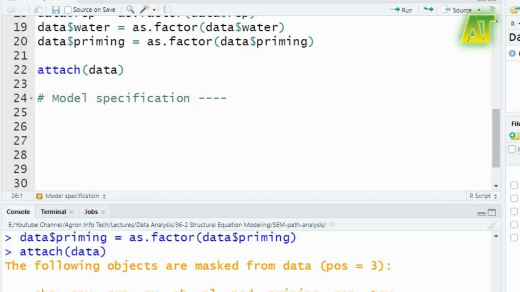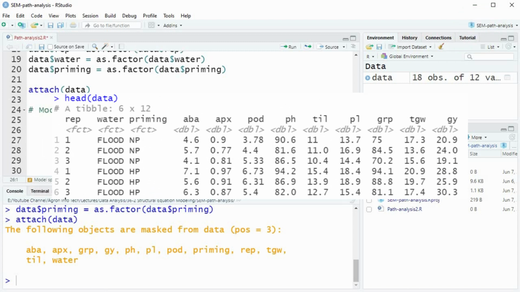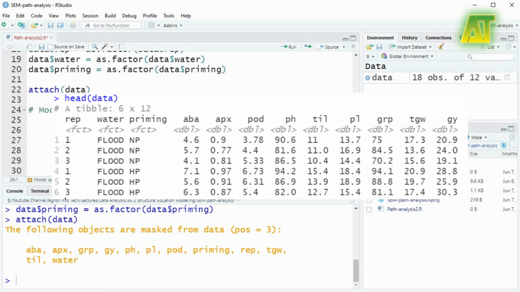Model specification involves determining every relationship and parameter in the model that is of interest to the researcher based on common knowledge. I have divided variables into 2 categories, one representing the latent variables and the second category including the observed variables or indicators. So the main objective of the study is to see how these variables are affecting the kernel yield in the rice crop. I am excluding the variable plant height since most studies have shown that it has the least effect on the crop yield.